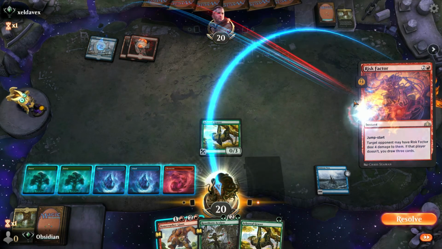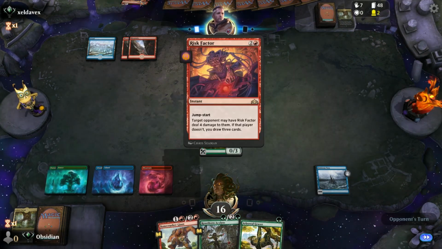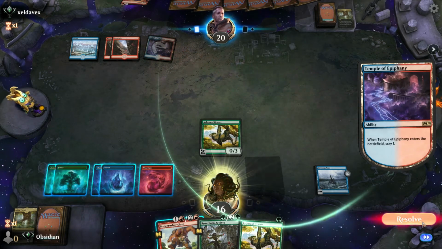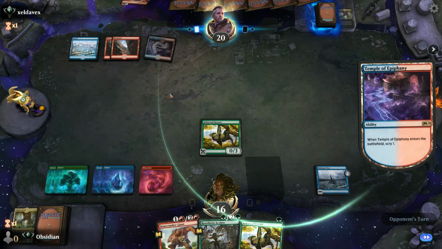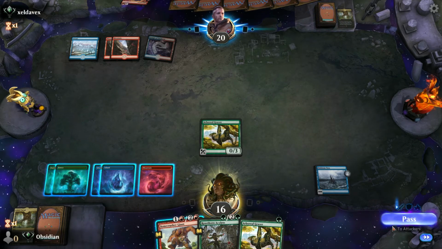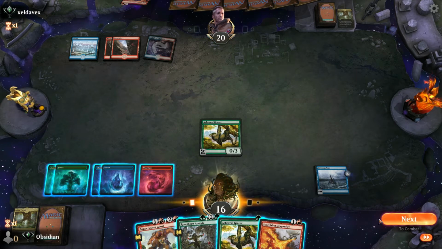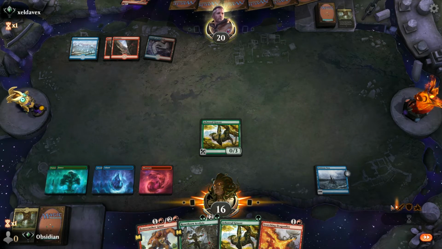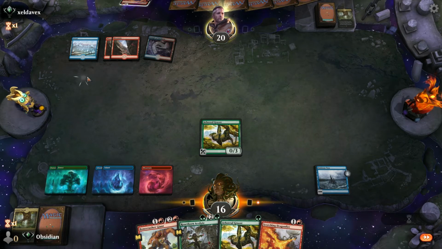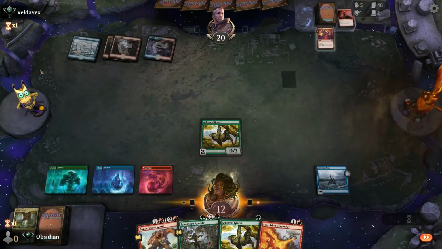Won't play anything. Maybe he'll think. We'll take 4. I don't want him drawing a million cards. Scorching Dragonfire. Alright, well we've got a good bit of removal. Unfortunately, I think he's just going to risk factor us to death. Yeah, I'm going to take 4 again. It's really good for 1 card, but...